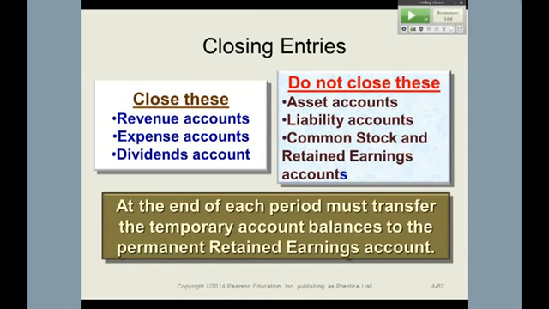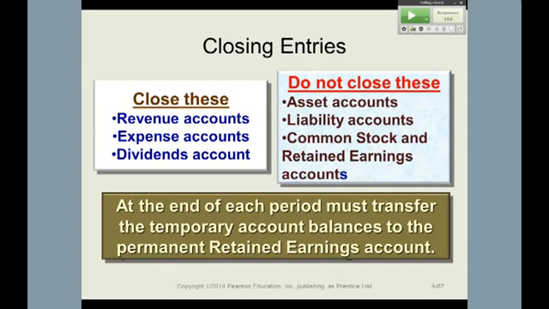So the process is actually very simple. And we'll go through another example in a minute as well. You have the same information in the slides, but I think it's better if we put some numbers up here. So let's say you go through the whole period and you've got revenues and maybe hundreds of different expenses. You don't want all these expenses transferred one by one to retained earnings. That would clutter up this account. So we use the income summary as a way to accumulate the net income. Dividends are closed directly to retained earnings.